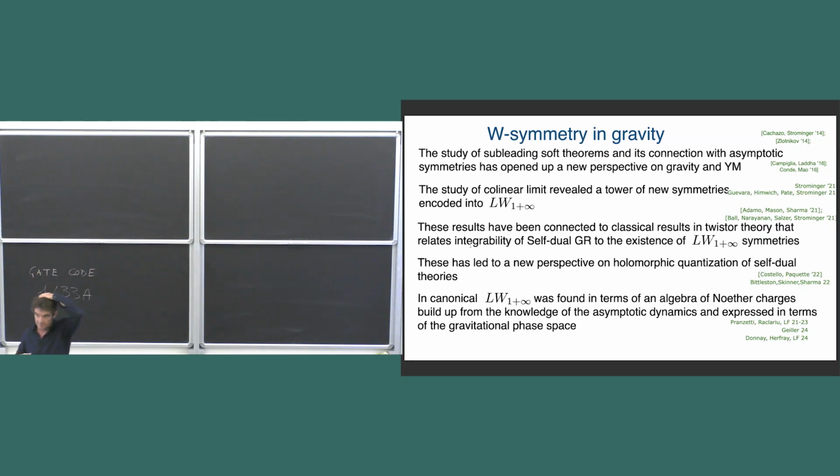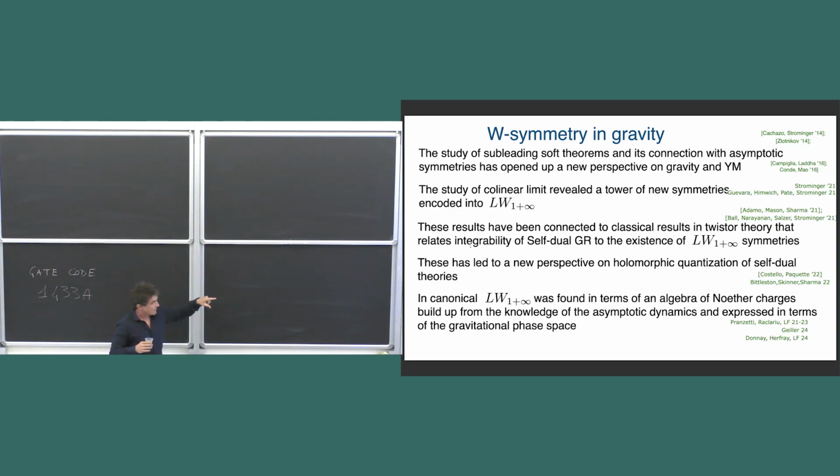This LW infinity symmetry was also discovered a long time ago by twistor people in the context of self-dual gravity, and in some sense understood to be responsible for the fact that self-dual gravity is an integrable system. So the integrability of self-dual gravity is due to this LW infinity symmetry in the background. And every single integrable system in nature is a Hamiltonian reduction of self-dual gravity or self-dual Yang-Mills. So in some sense, this is the symmetry of all integrable systems, the biggest symmetry you can think of that organizes these mathematical theories.